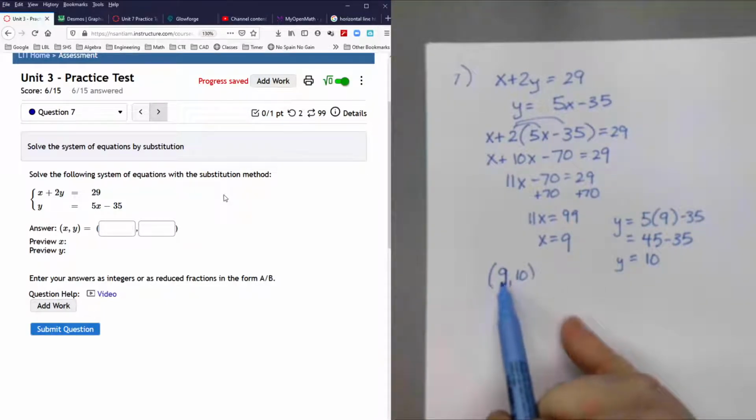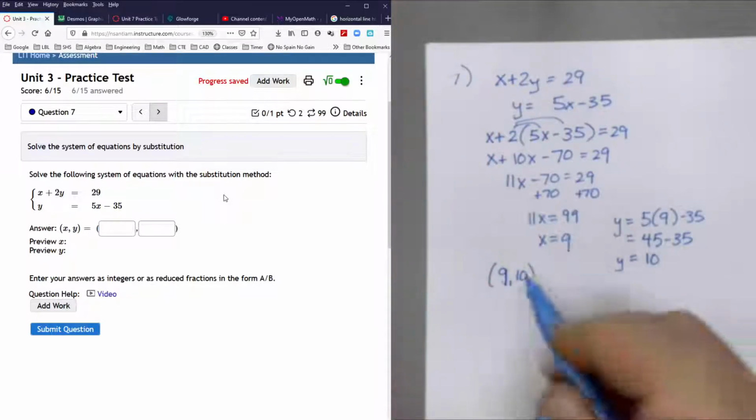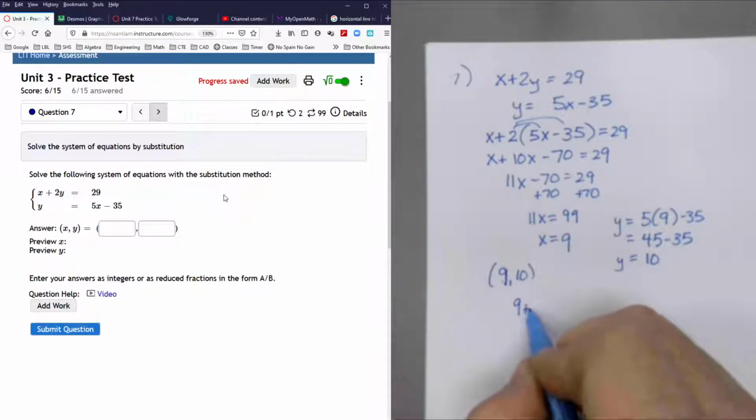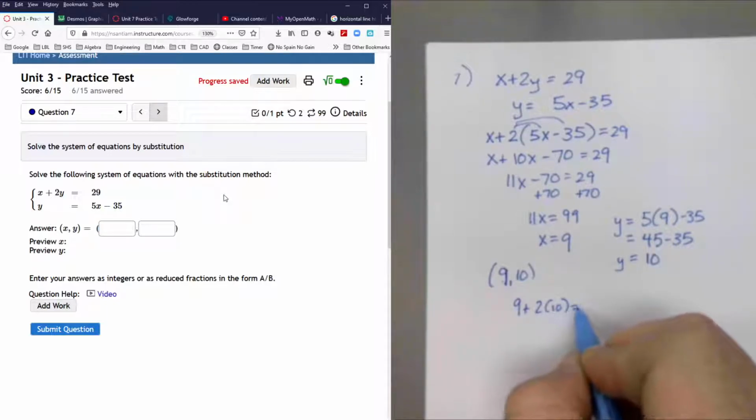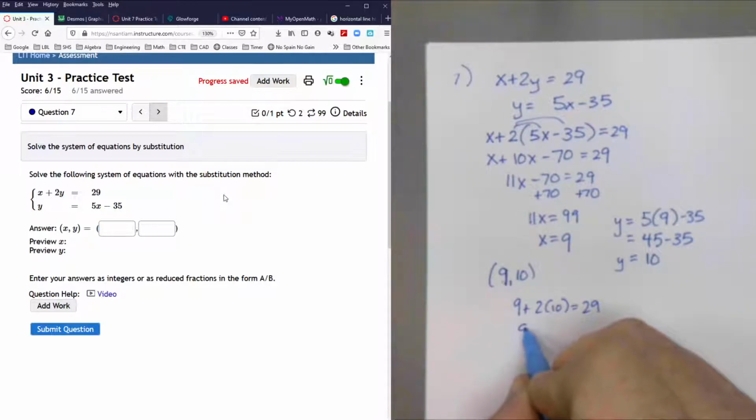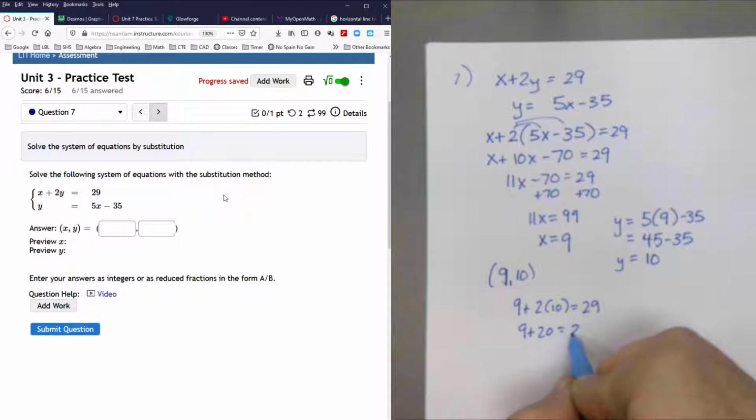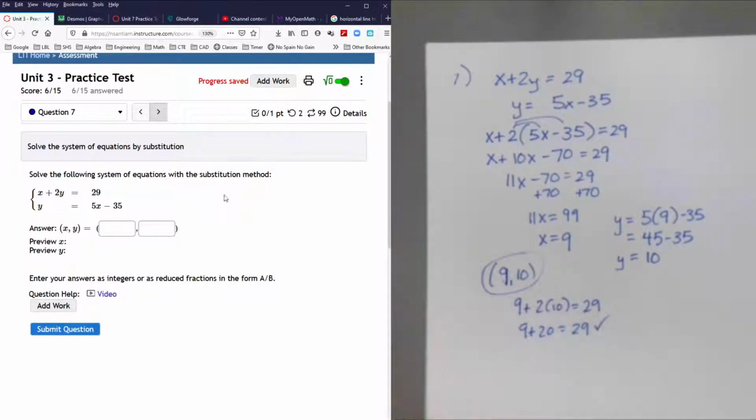And again, I can check that. I can plug those numbers into that first equation. So if I did 9 plus 2 times 10 is 29, I can see that that's going to work out. So there's a nice little check there. So here's my solution right there, 9,